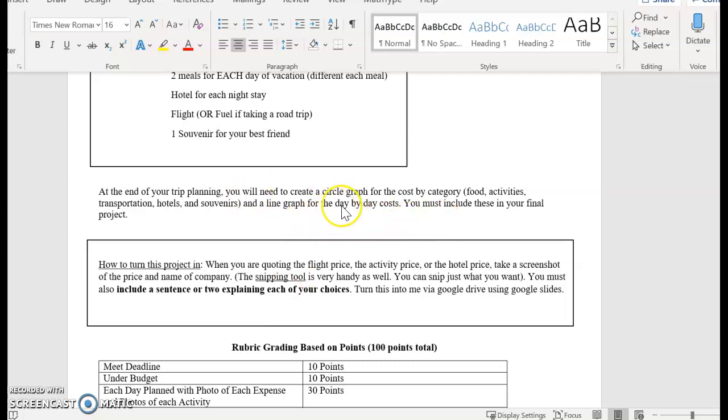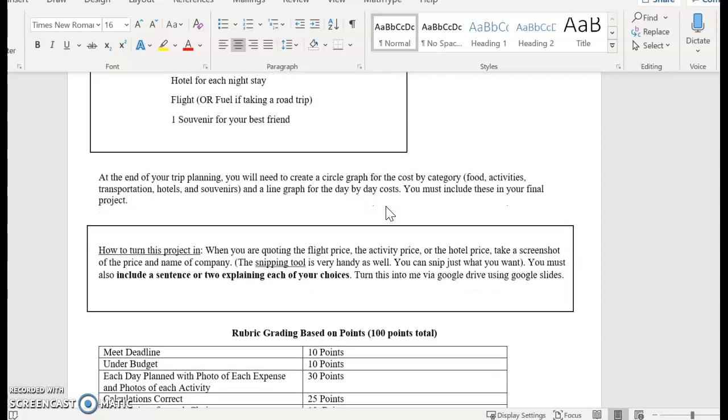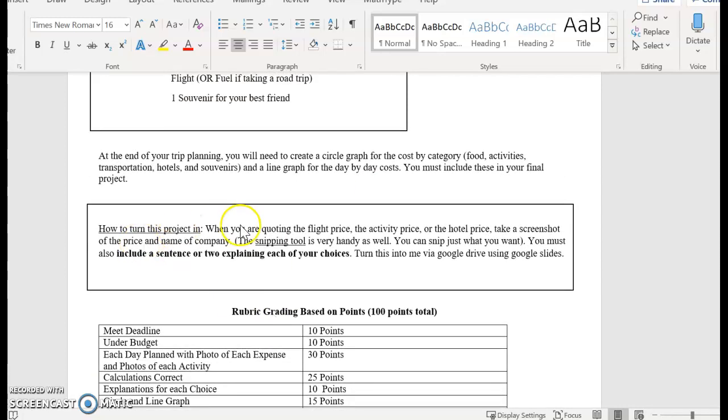Again, for the line graph too, it's just day by day cost. So on day 1, I spent $700. On day 2, I spent $300. Those sorts of things. Here, before we talk about the individual slides, just how you turn your project in,